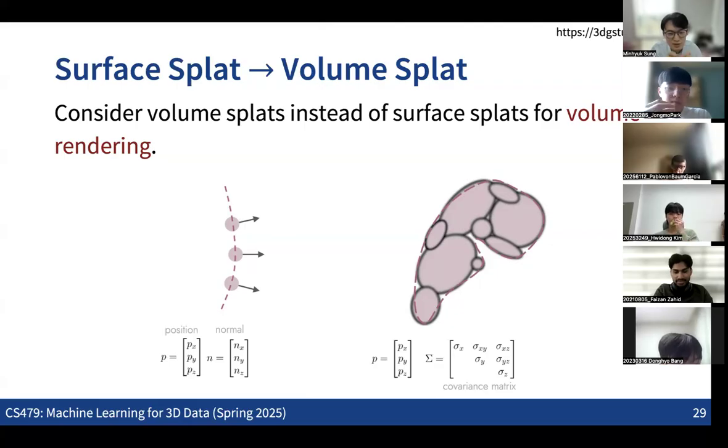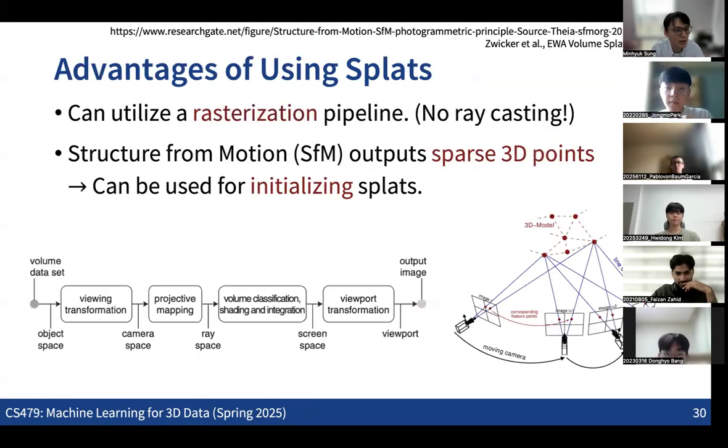This basically means assigning volume information to each point. In terms of that, now we can treat each point as a Gaussian blob. So then we can also consider using the volume rendering equation for the rendering. That is the equation that we have seen in the NeRF case. And the good thing about having this kind of representation is that for multi-view to 3D reconstruction,